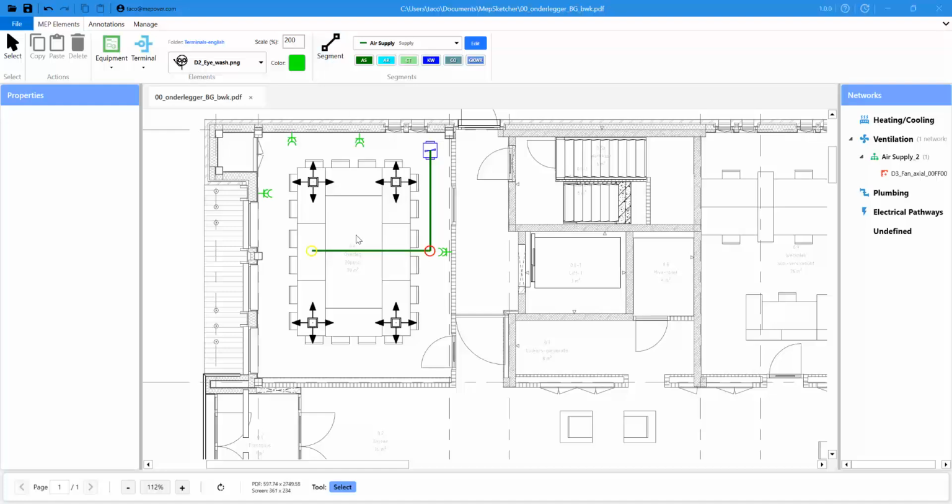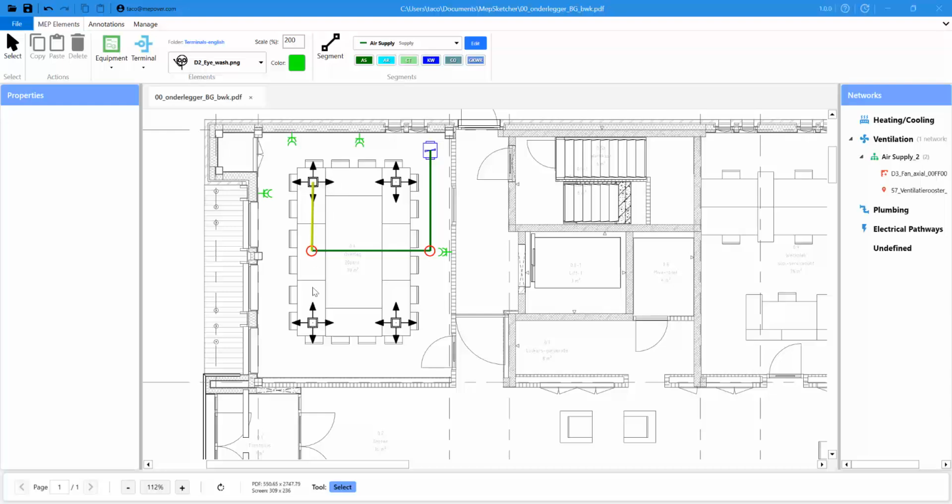There we go. All right, now that is one way of creating a segment, just starting the command and starting to draw. You can also draw from existing elements. So if you select a segment, it will show all the fittings. These are called fittings, these red circles in the network. If you select a fitting, then you can do a right mouse button click and choose draw from. And this will allow you to continue drawing